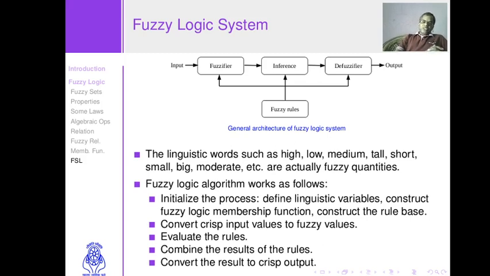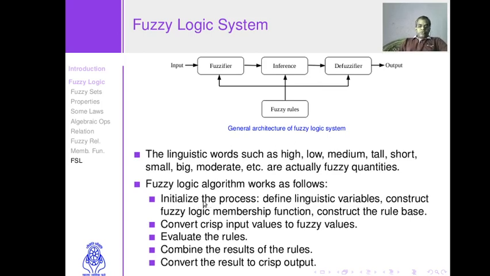But output cannot be fuzzy, it should be some crisp value. So results which are actually fuzzy values are again converted back to crisp values with the help of a defuzzifier. So the role of the defuzzifier is to convert fuzzy quantities to crisp quantities. On the other hand, the fuzzifier converts crisp input to fuzzy quantities. Then the fuzzy system works on those fuzzy quantities with the help of some given rules which are designed by the developers. So this is the workflow.